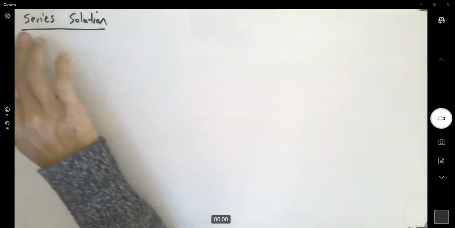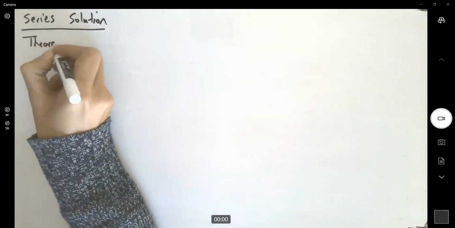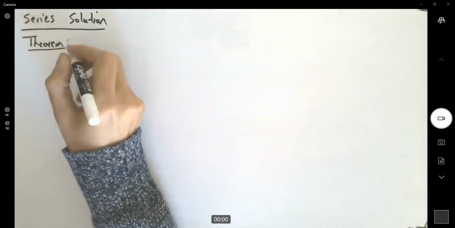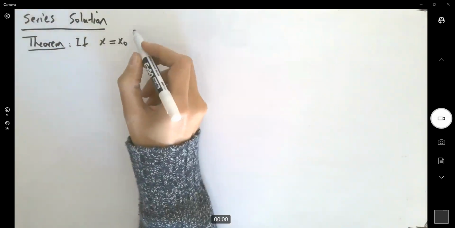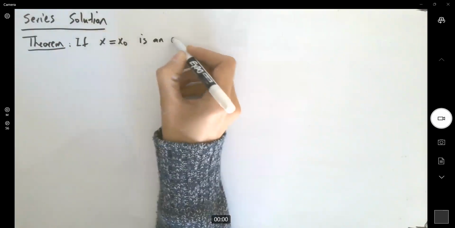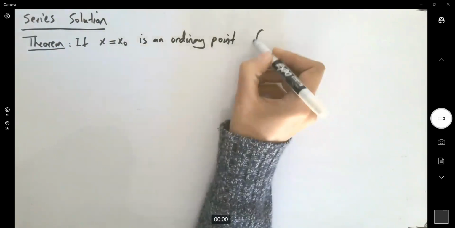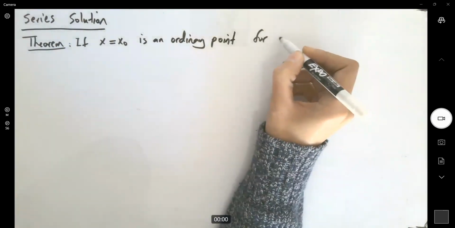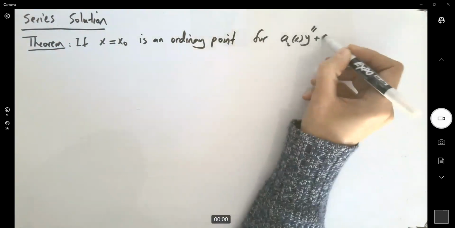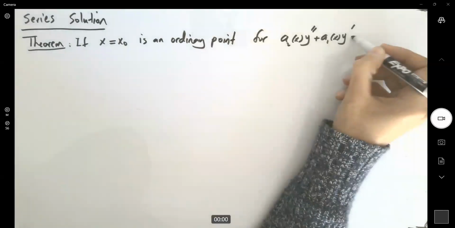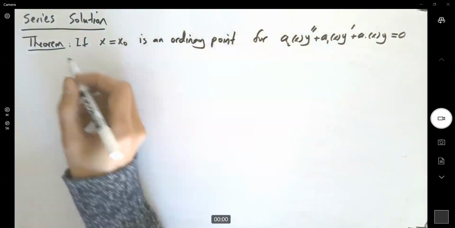Now that we introduced ordinary and singular points, we're going to talk about a theorem. This theorem says, well, if x equal to x of 0 is an ordinary point for a differential equation that we defined at the beginning of our class, then